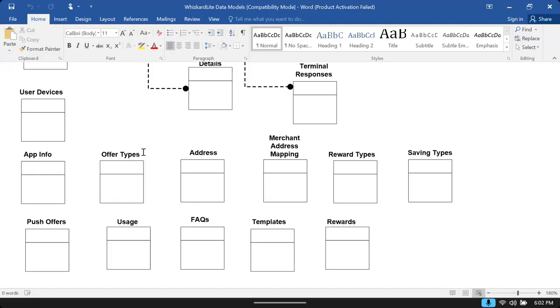Now in the second stage, our developer has to decide for every module what data needs to be stored. For customer, what data? For product, what data? For admin, what data?